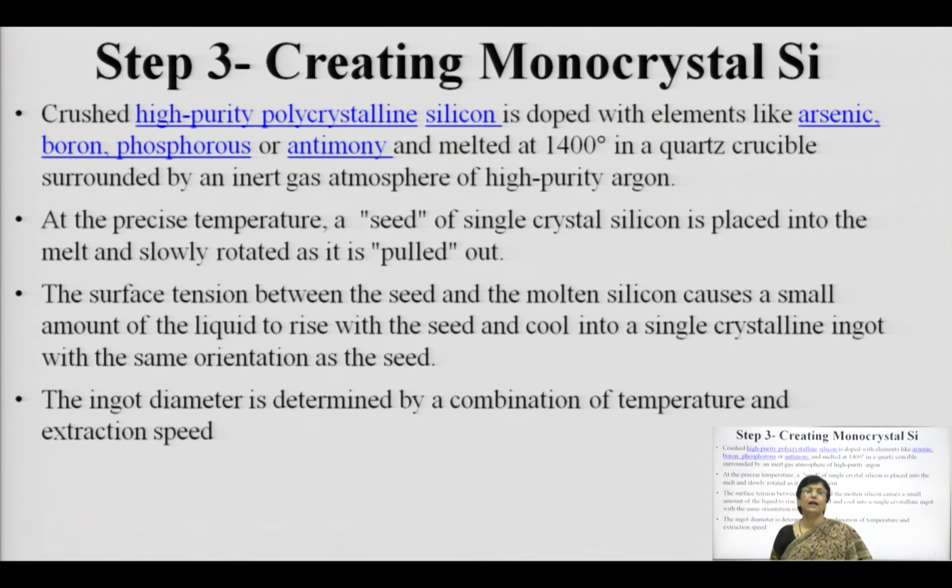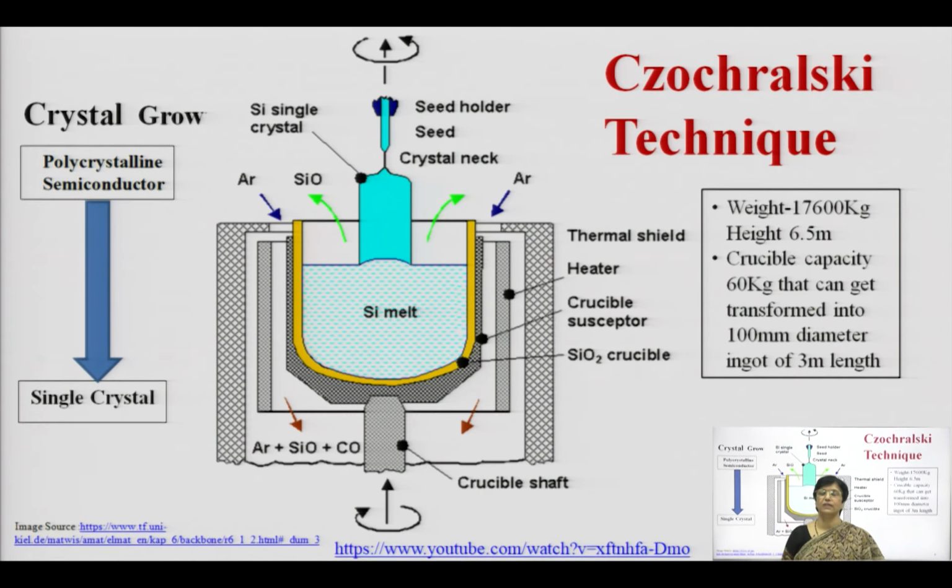It is melted at 1400 degrees centigrade in the quartz crucible. So, molten impurities, those are still existing, they will be slowly getting deposited in the molten silicon, and slowly the single growth silicon wafer or single crystal silicon wafer will be grown. The process is called silicon growth, because from the molten substrate you are having a crystal getting grown or developed, and this is the furnace which is known as Czochralski furnace, which is basically used for this particular purpose.